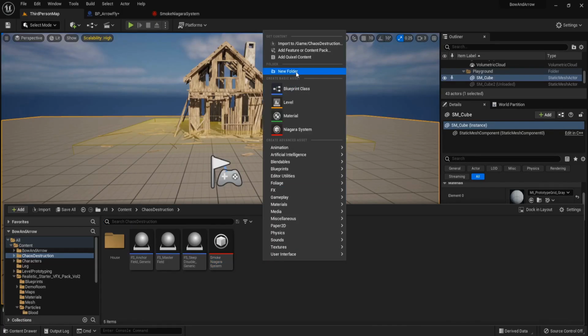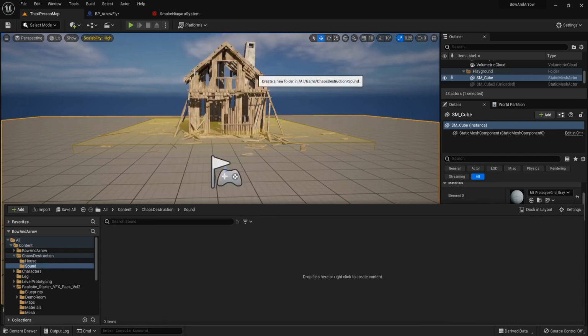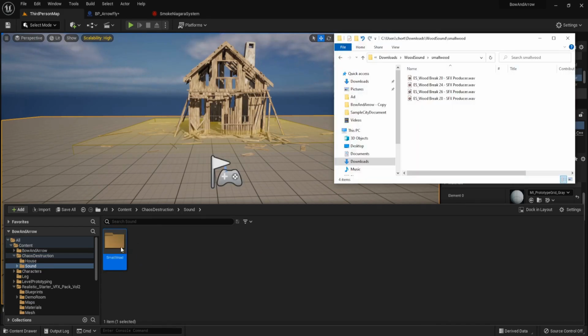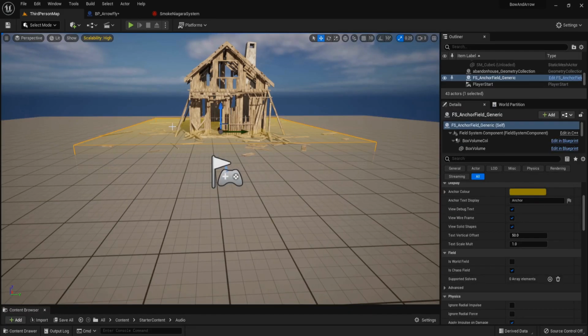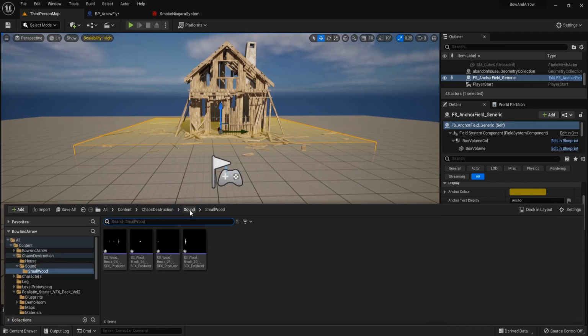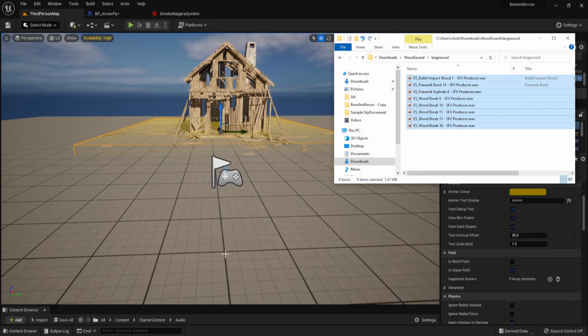Let's add new folder. Name it sound. Add folder named small wood. Open it and drag this wood break sound effect. For our light sound, drag it inside this.